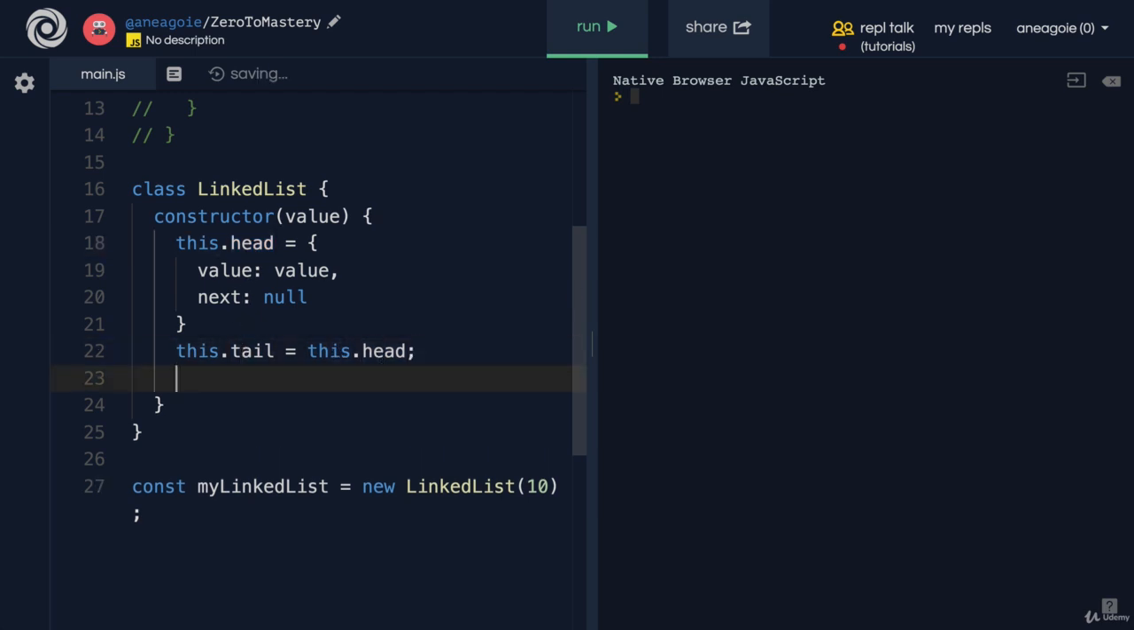Anyway, the final piece of the puzzle is, if we want, we can keep track of the length of the linked list. This is optional, but I think it's good to keep track. And because we have one item, when we create this linked list, because we give it a value, we'll give it a length of 1. There we go. If I run this,